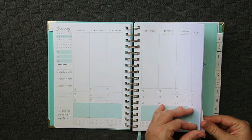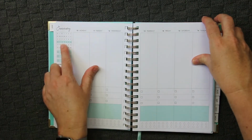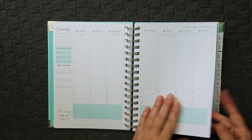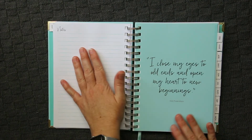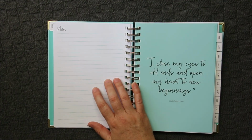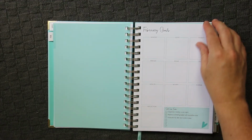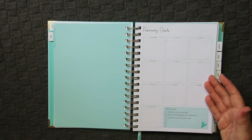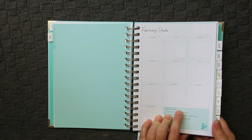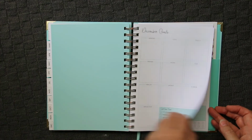As you can see, if I flip through for the month of January, each week is highlighted on the little calendar, right to the end of the month where we have a notes page suitable to just use as a regular old notes page. And then we're into February, and each monthly section includes all of the same layouts. So if we flip through to December, and then we come into December itself,